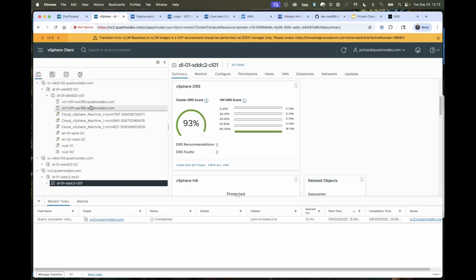I did want to show that I do have a 2-node deployment. And we've seen this at customer sites. Christopher, you mentioned robo. We have some customers that run grocery stores, for instance, and they do use a 2-node deployment so that they have some HA functionality in the robo or the grocery store locations.